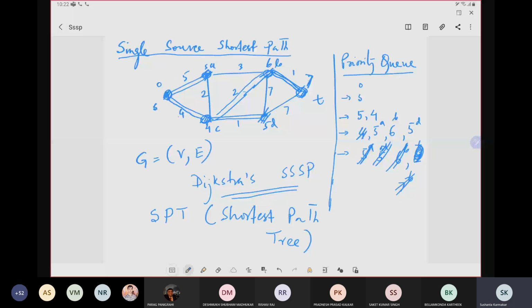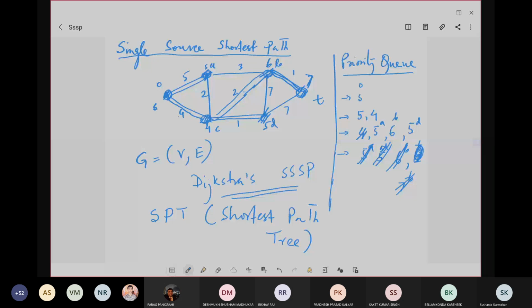So remember here, this priority queue is a very important and essential data structure with respect to Dijkstra's single source shortest path algorithm. And there are different versions of the priority queue. Okay, like you can use a heap-based priority queue. You can use different kinds of heaps. Okay, one is known as the Fibonacci heap. One is a normal heap you can use, and on that the complexity of the algorithm slightly changes. Okay,